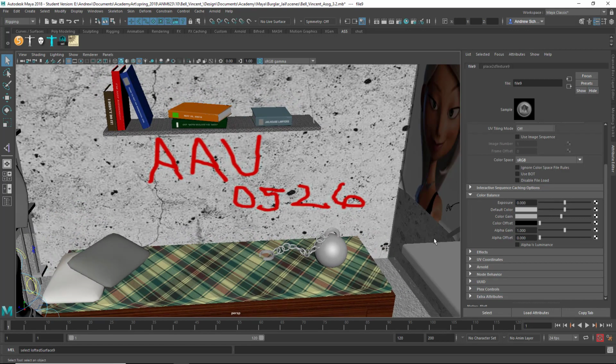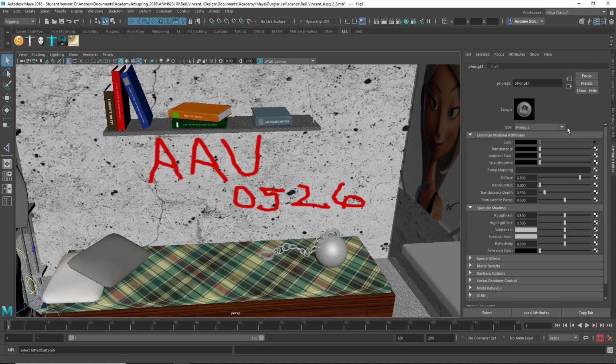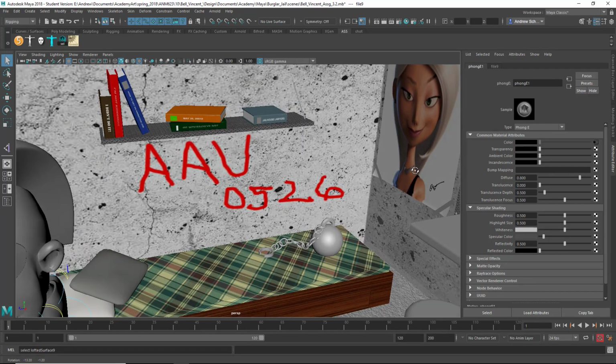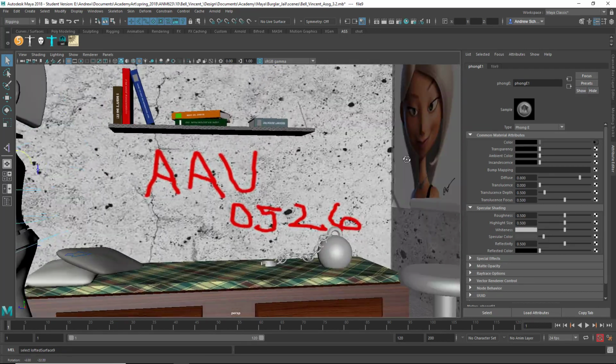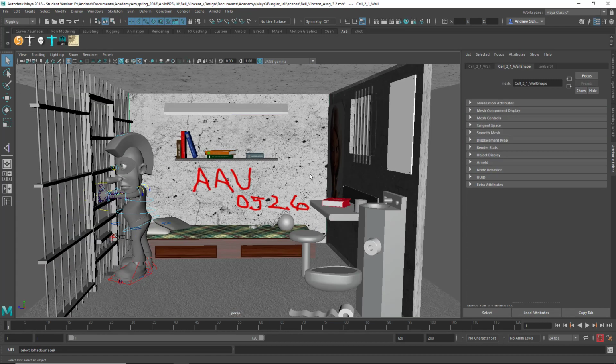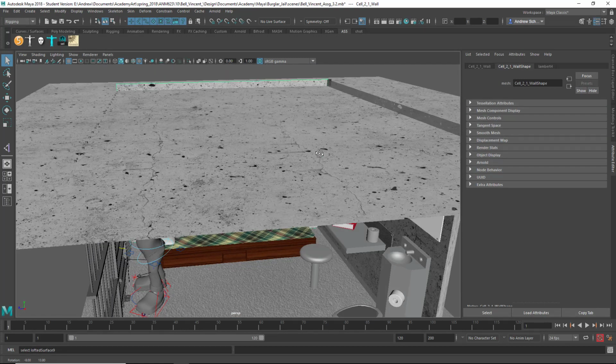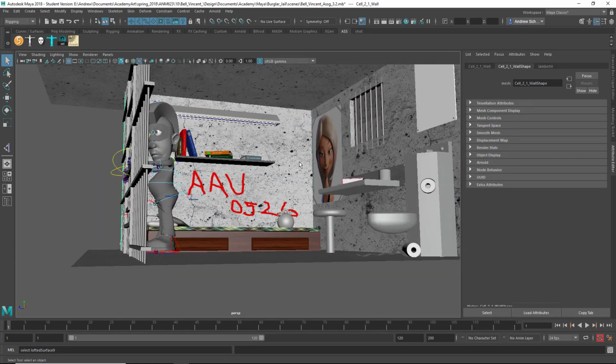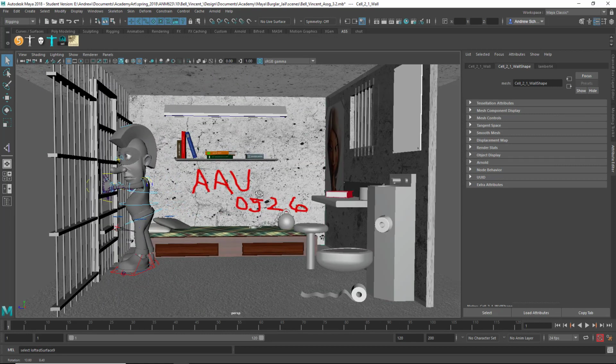And maybe let's take a look at the material. Probably not so much specular color. Maybe it's a bit shiny for that kind of metal. So, and then for this material, or that one,